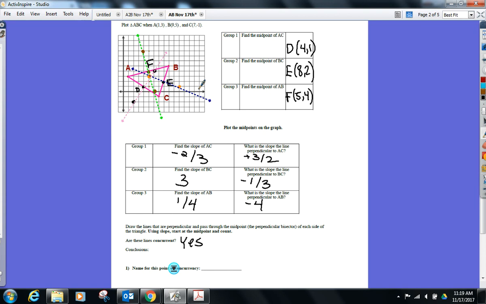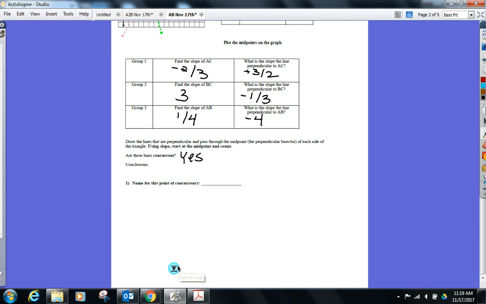These aren't these lines anymore. What are they? Perpendicular bisectors. We just graphed perpendicular bisectors, 3 of them for all 3 sides. And what did we notice? They all intersected at the same point. So our conclusion is all 3, what do we call them again? Perpendicular bisectors in a triangle